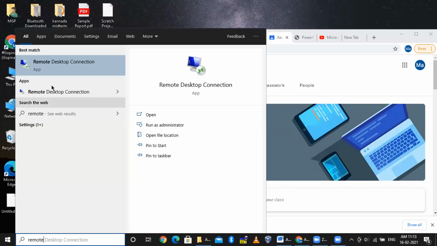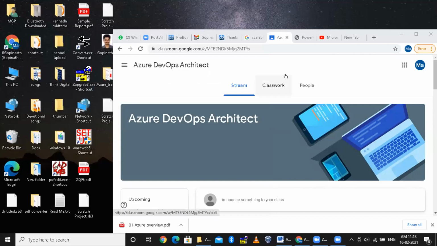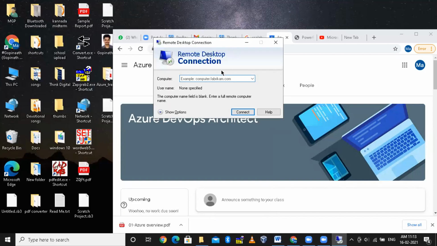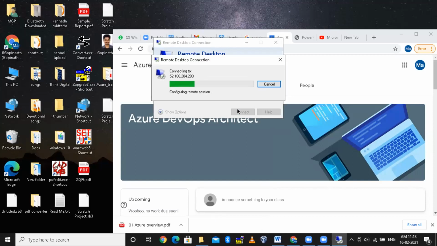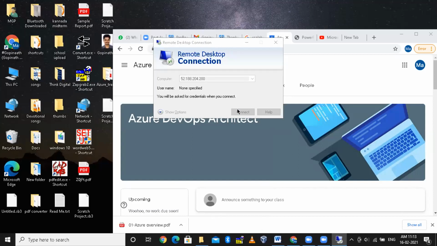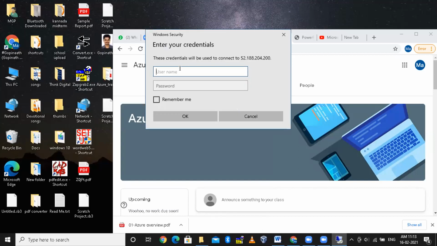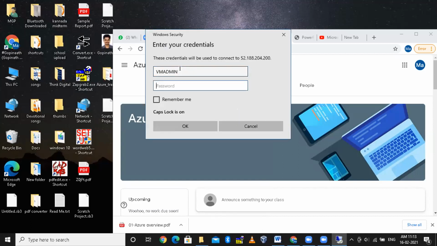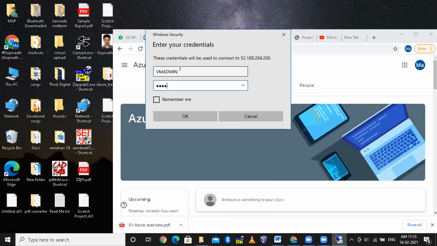Just click RDP. Here you have to put the IP address. I have given your IP address on the chat. So connect. Just say connect. The username is VM admin, and the password is the one you entered.